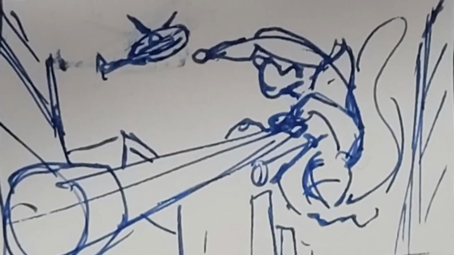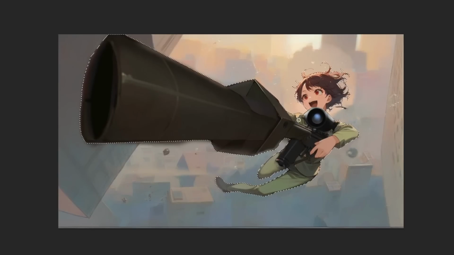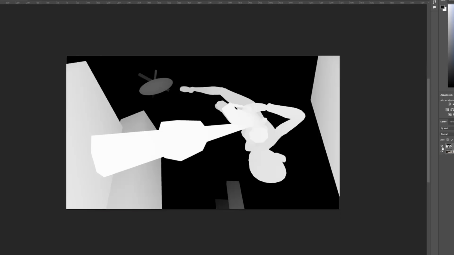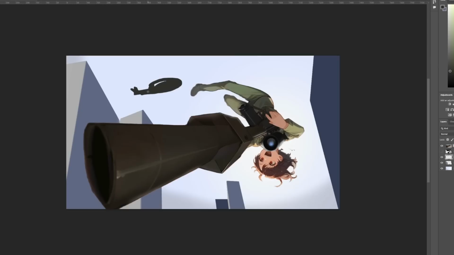In the other example, we just did image to image, but for this case we need to add one extra step, because as you see, the background has nothing to do with what I want. It's not the sky, not a building, and there ain't even a helicopter here. So the extra step is going to Photoshop, masking the character, and making a base for the background we want. I painted the buildings and helicopter in Photoshop too to save some time, but there is absolutely no need to make a detailed drawing here.